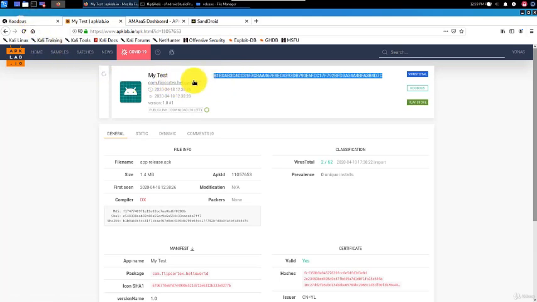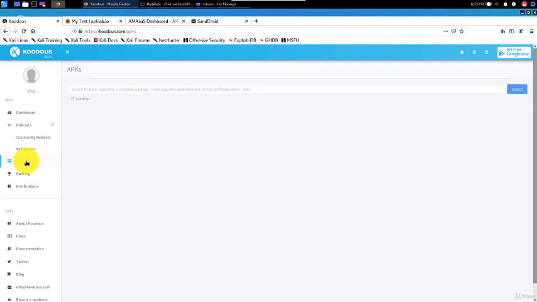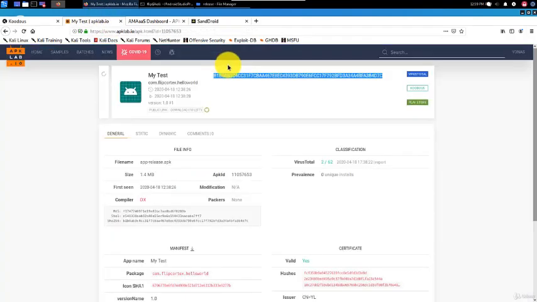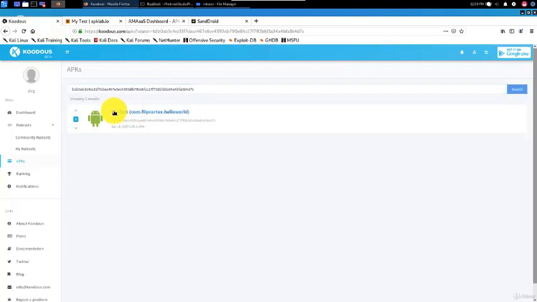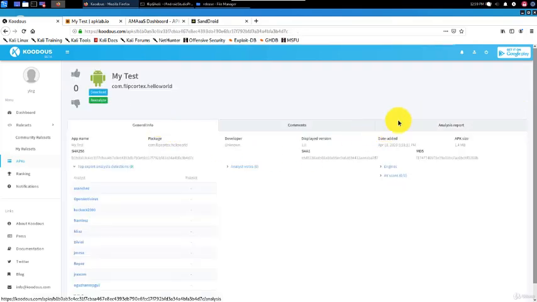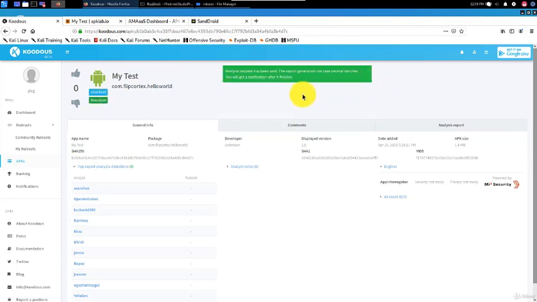In Kudos, you can search for APKs, including the one you just uploaded. So here we have the hash of the APK, and we can just search using this. So you might see that no analysis was done for a specific APK. In that case, just click Analyze or Reanalyze if you want a new analysis, like so. And an analysis request has been sent. Report generation can take several minutes, but it will give you a notification when it finishes. So you'll probably get an email report saying, okay, your analysis is complete.